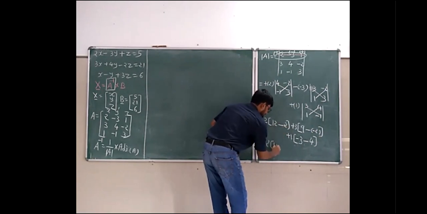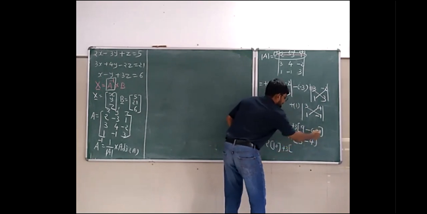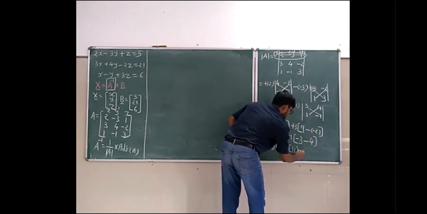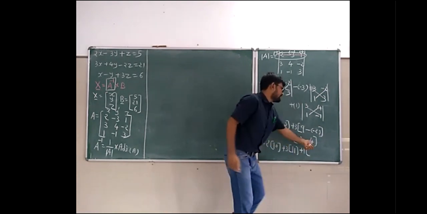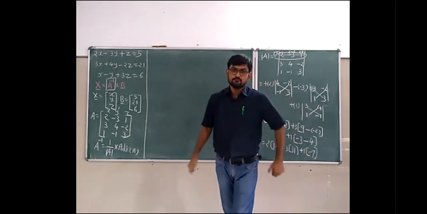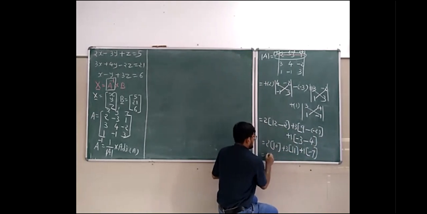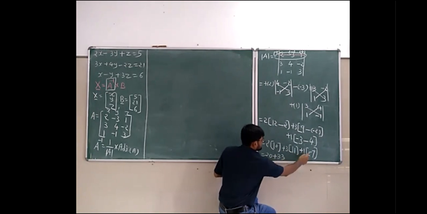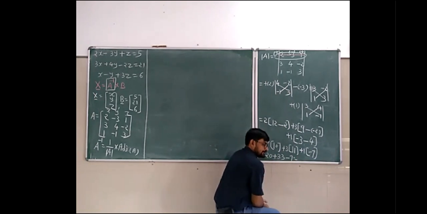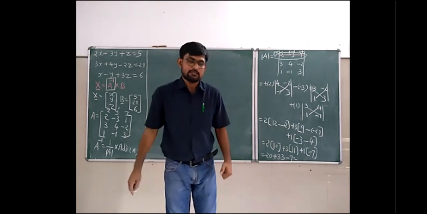Now 12 minus 2, 10, plus 3. Now see here, minus, minus, plus. So 9 plus 2, 11, plus 1. Again minus, minus, plus 7. But the sign, we will use the sign of the highest value. So now finally we'll get 2 into 10, 20, plus 3 into 11, 33, plus minus, minus 7 into 1, 7. So 20 plus 33 is 53, and 53 minus 7, 46.